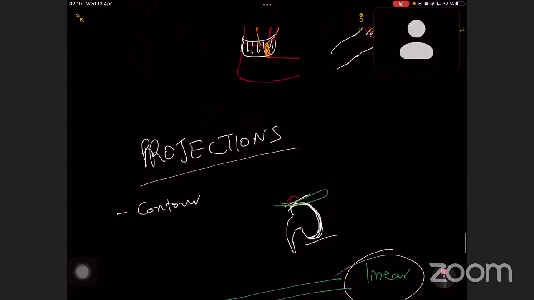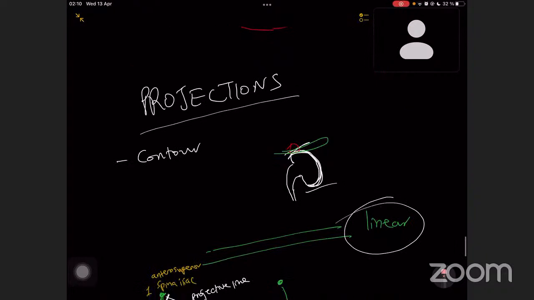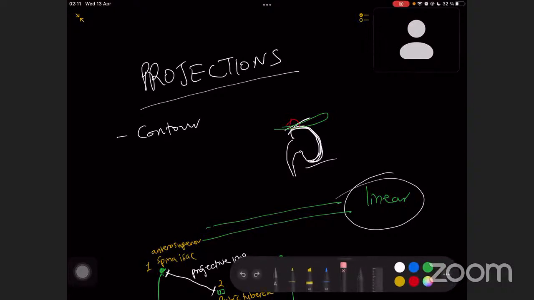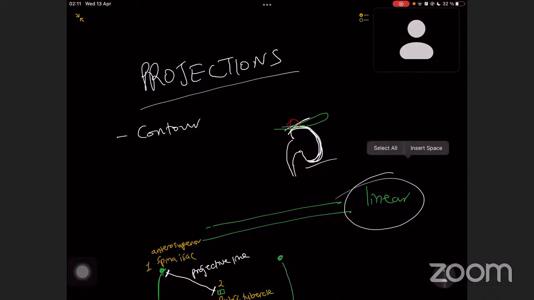very, very important. Now, projections. The projection of an anatomic subject to the surface of the body is also very, very important. A projection is a contour. What type of contour? The contour of an organ. For example, here you have your kidney, right? Or a contour of the part of an organ. Like here we have the